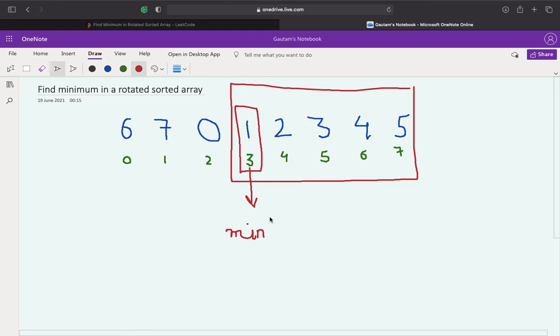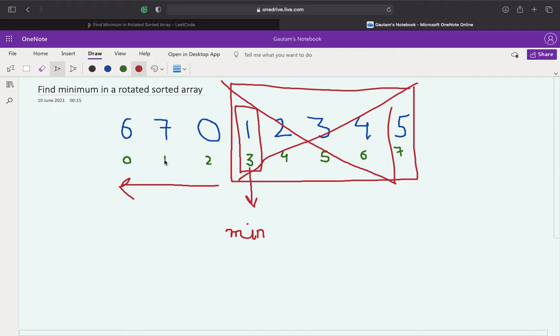That means the minimum element of this right sorted part is 1, because if the array is sorted in increasing order, the minimum element in that sorted array will always be the first element. We are using that fact in this question. So the minimum element would be 1. Now we have got the minimum element of this sorted part. We'll skip this whole right subarray and move to the left-hand side. We are neglecting half of the array, and that is why we get the O(log n) time complexity.